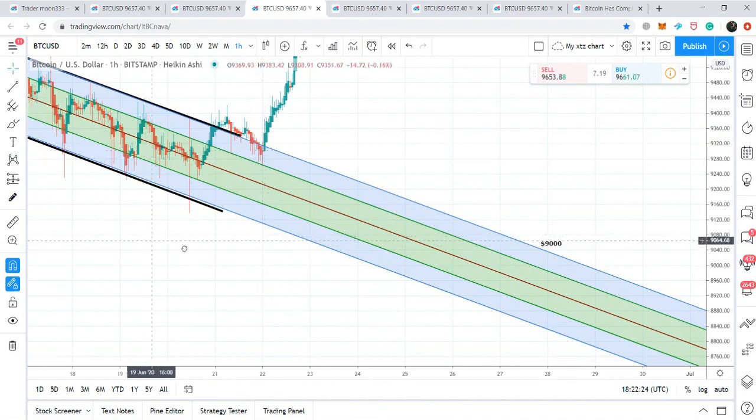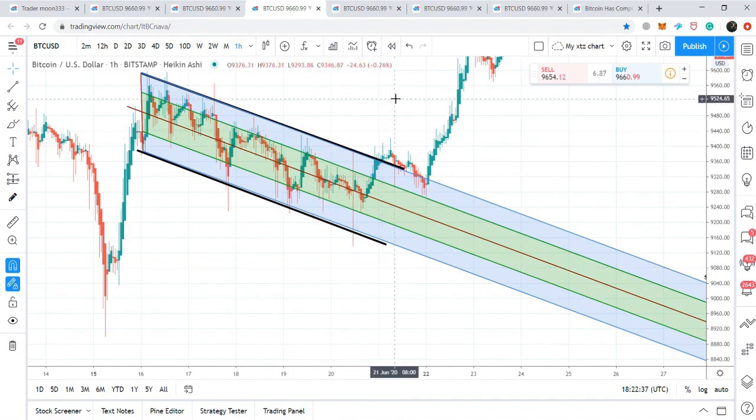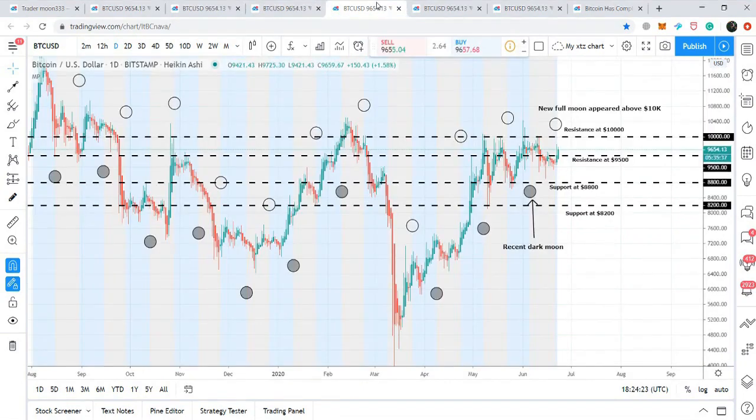This pitchfork is a really very good tool to see the long-term projection of any channel, where the price action can move in the future if we do not have any breakout or breakdown. You can also use this tool, that is really very useful, to see the long-term projection of the price action within the channel. Now, if we watch this support and resistance daily chart, and this is the live daily chart,